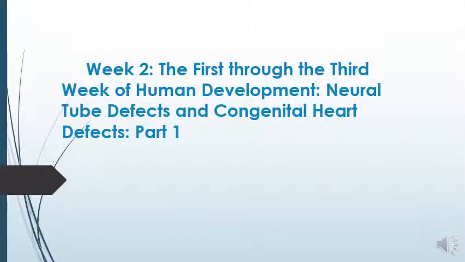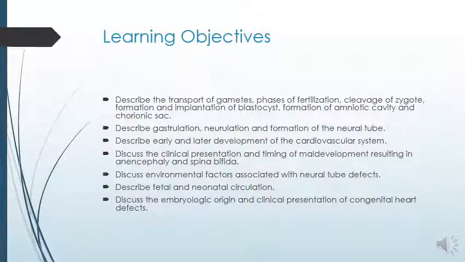This is week 2, the first through the third week of human development, neural tube defects, and congenital heart defects, part 1. The learning objectives for this week are to describe the transport of gametes, the phases of fertilization, cleavage of zygote